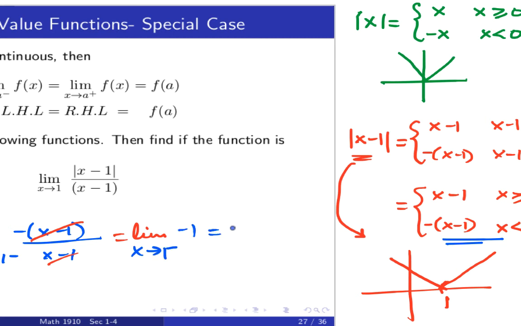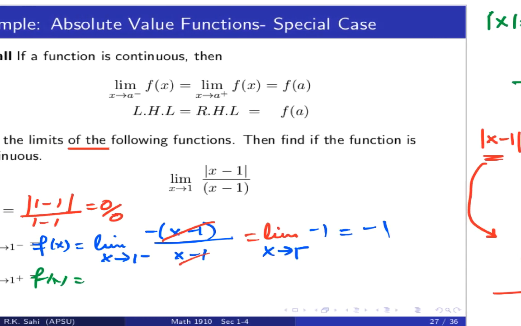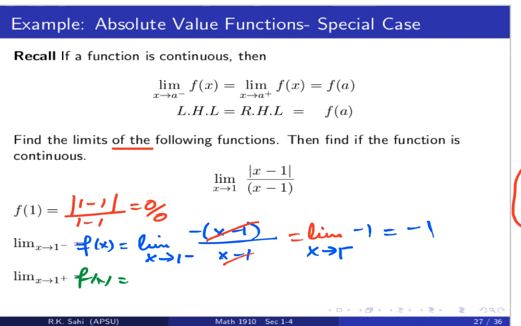It is a minus 1. The final answer is minus 1. Okay, let's go ahead and look at the right-hand limit. The right-hand limit is the limit as x approaches 1 from the right-hand side. That's 1 positive. The denominator is not going to be affected, but the top is going to be,